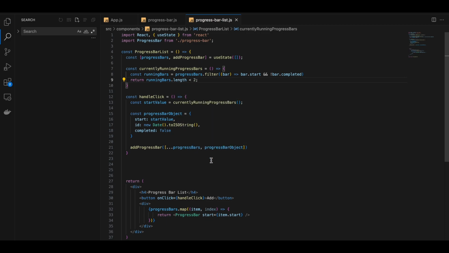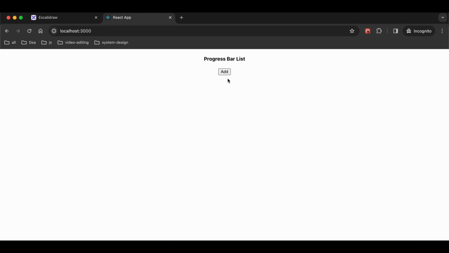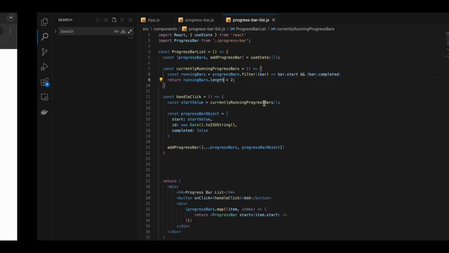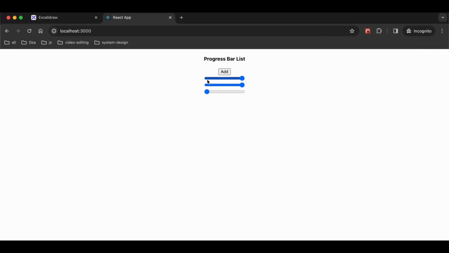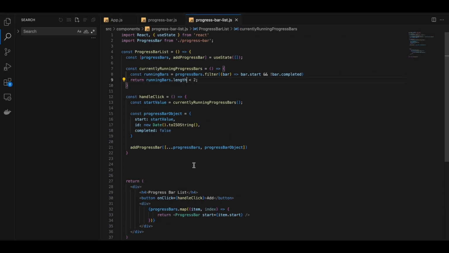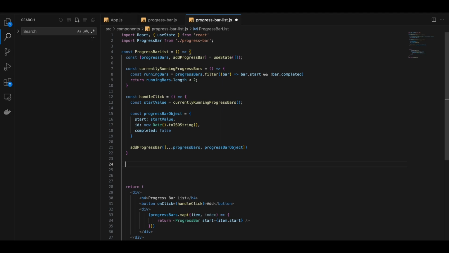So here I missed one thing, that is dot length. Now if you refresh it and check, see, at a time only 2 progress bars are running and the third one is in the queue and it's not started yet, right? Okay, so the next thing we have to fix is when the first one is completed, the next queued progress bar should start, right? So for that, we'll write a function called handle completed,